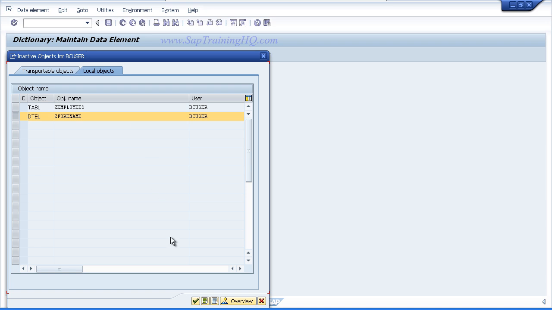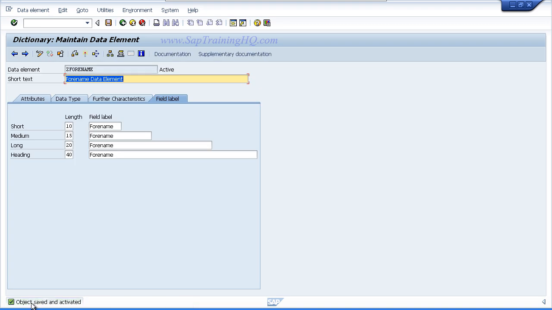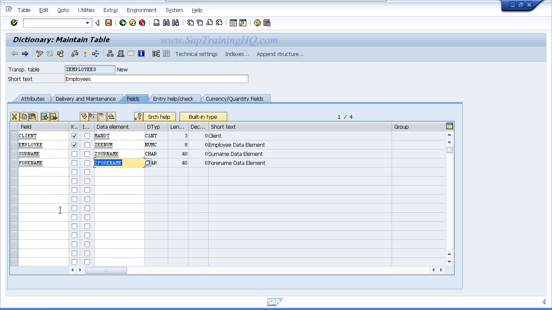Select your data element in the inactive objects window and click the continue button. Check the status bar. Everything's been activated successfully. So press the F3 key to step back to see our table. And again, we see the data element and domain properties have come through for this field, so we know everything is working correctly.